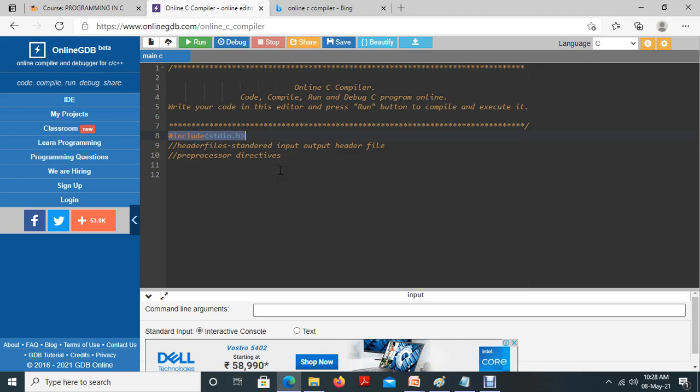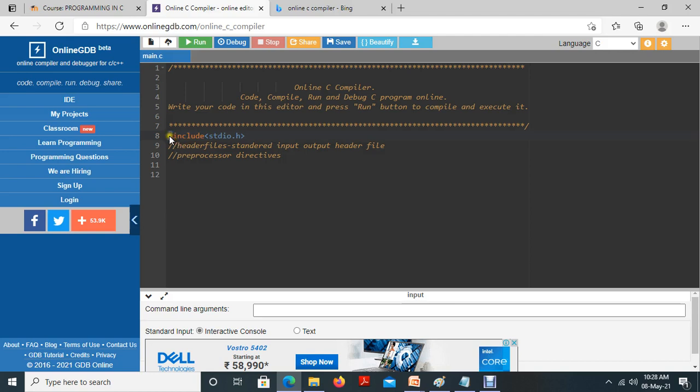We already discussed that the compiler will convert the source code to the object code. Then only the machine can understand what we are going to communicate. So before converting the program into the object code, the compiler has to collect the necessary things mentioned in the preprocessor directives. Before executing the program, the compiler should execute this statement. To let the compiler understand that this is the job we are providing, we mention the hash symbol.